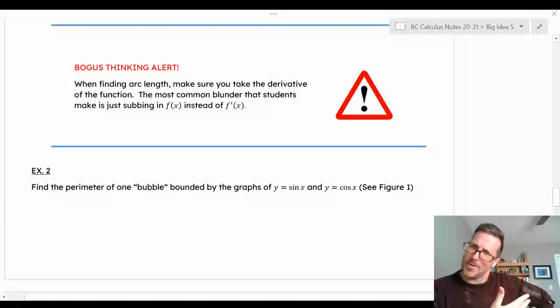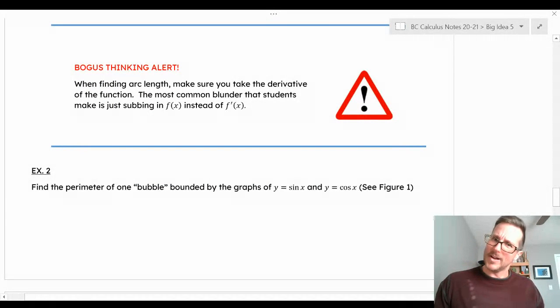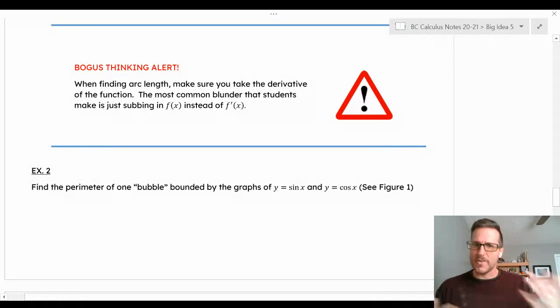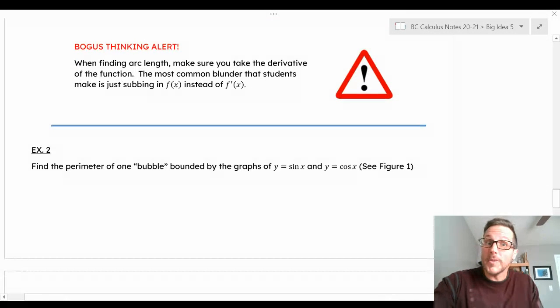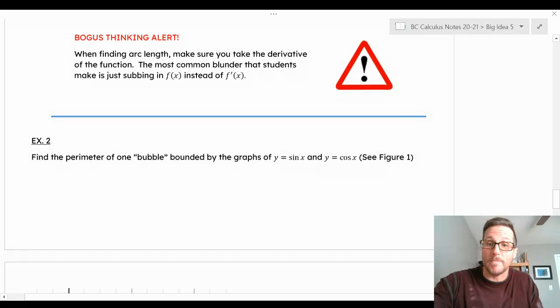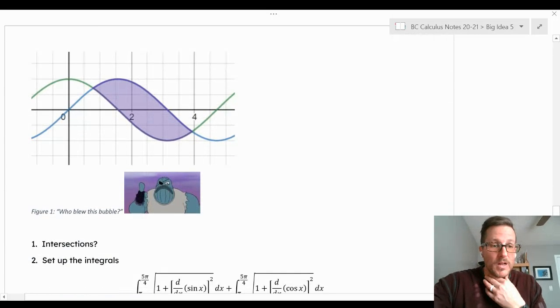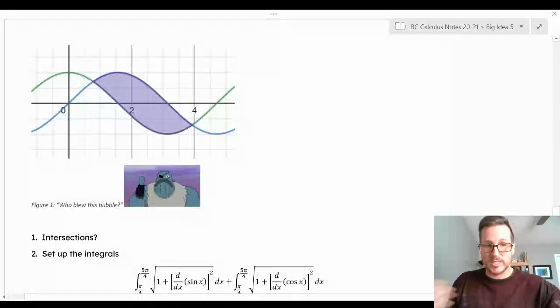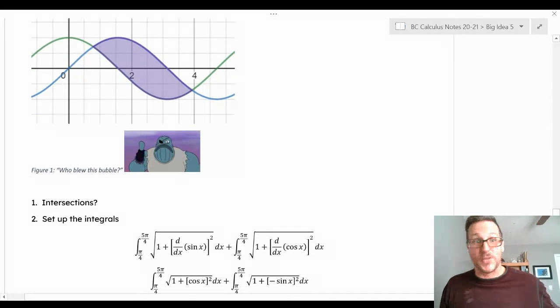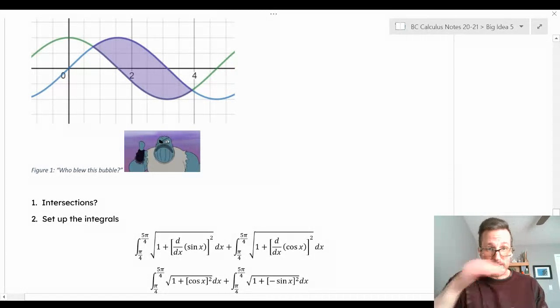Did you watch lesson 5.1? We talked about the bubble between sine x and cosine x. We found the area of that little bubble. What if we wanted the perimeter of that little bubble? Well, the perimeter of that bubble would be, okay, we use the same intersections. They're not different. All right, so then we just want to set up an integral for the top part,